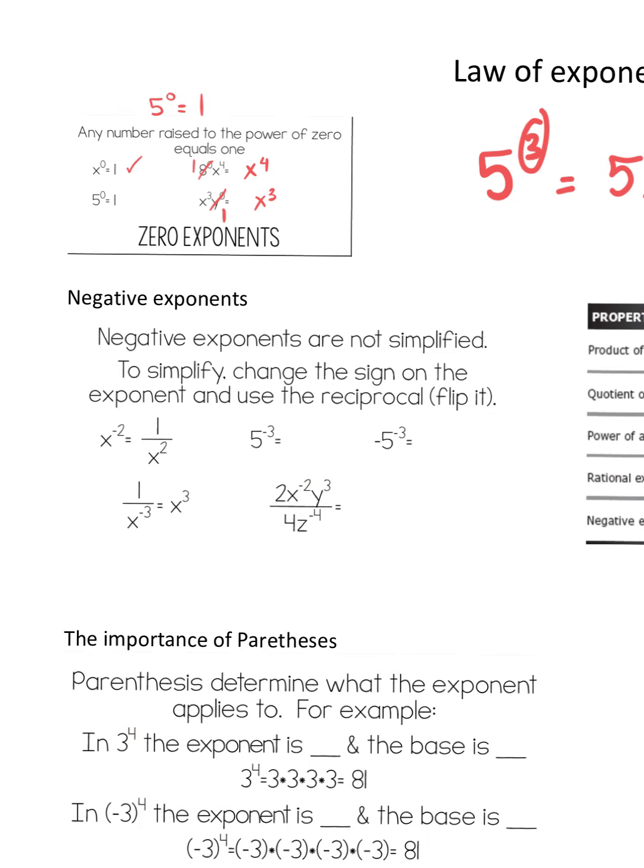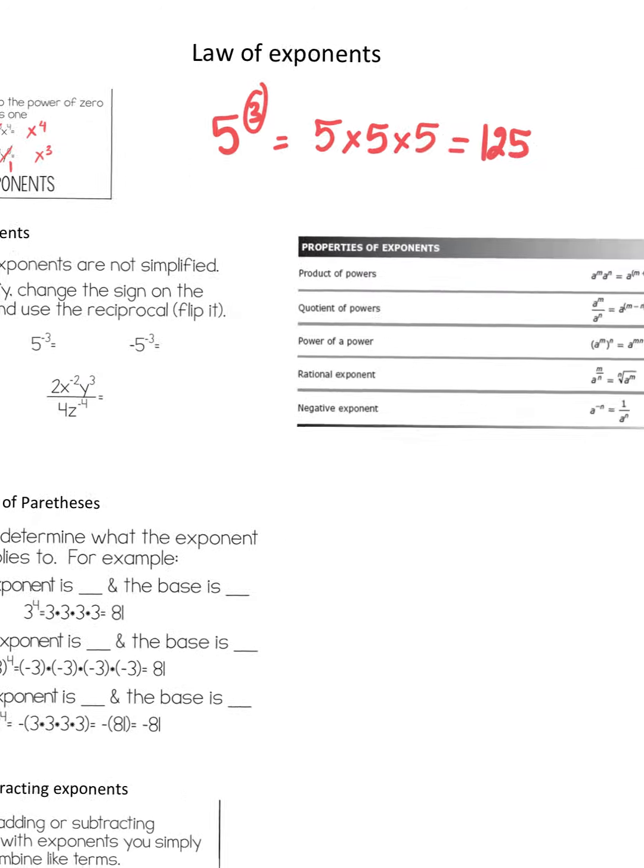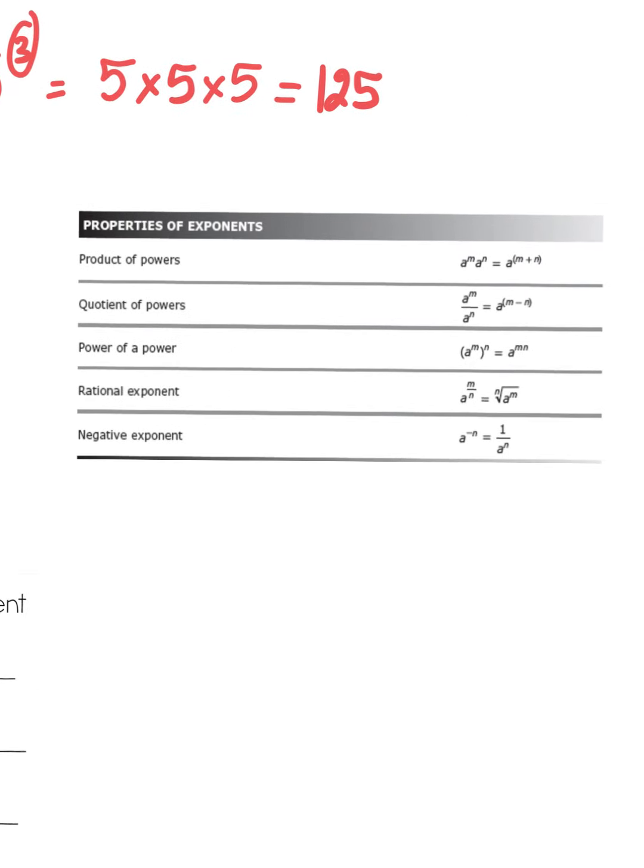Negative exponent. Okay. So I want to introduce the star reference sheet. It has the part that you can apply and use for properties of exponents. When we multiply the exponents, we have the formula. When we divide the exponents, we have the formula, so we can use it. So we will talk about negative exponent, okay? For negative exponent,